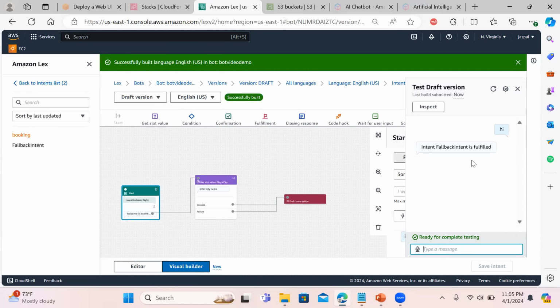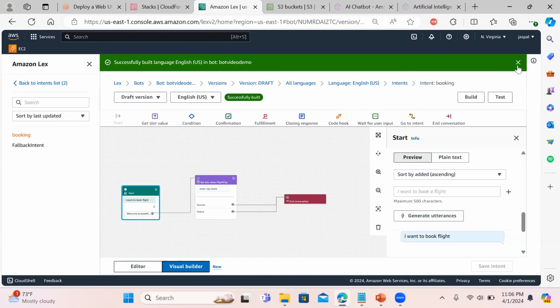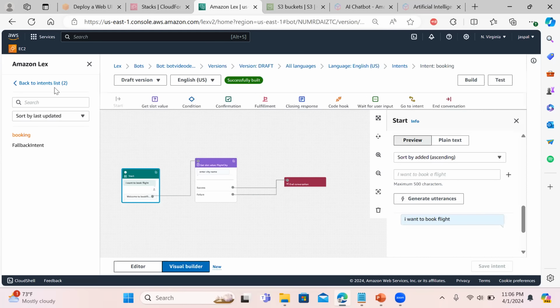Hi, let's write something. Let's say flight. So enter city name. Okay, so this is how you can have your own chat. So you need to create multiple scenarios, you know. So once this one is built successfully, you need to